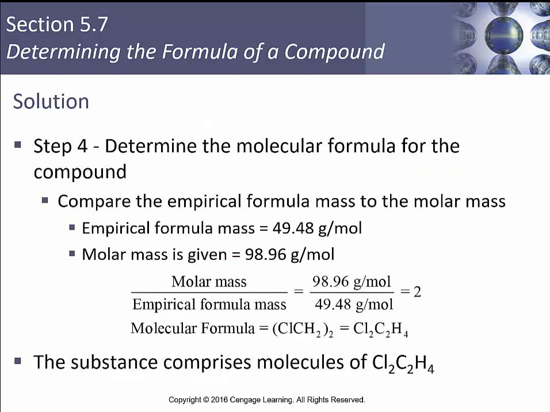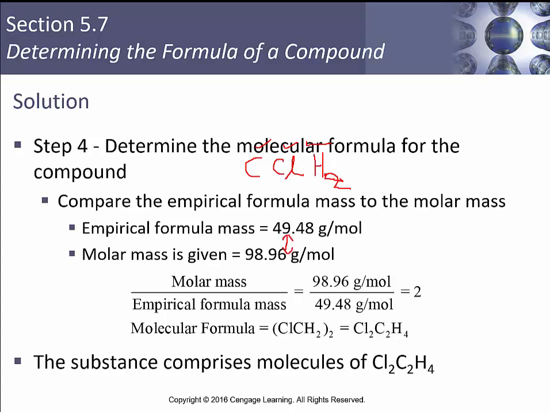Once you do that, you're going to determine the molecular formula for the compound. You're going to compare the empirical formula mass to the molar mass. So our empirical formula mass was 49.48 grams per mole. So they're taking that carbon 1, chlorine 1, H2, and adding up the respective atomic masses. Double that for the hydrogen, because you got 2 hydrogens in here. If your molar mass is given as 98.96 grams per mole, you're going to look at this ratio here